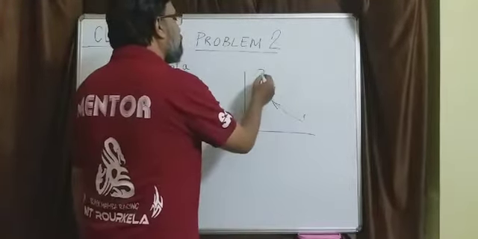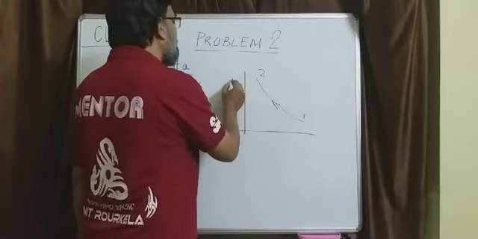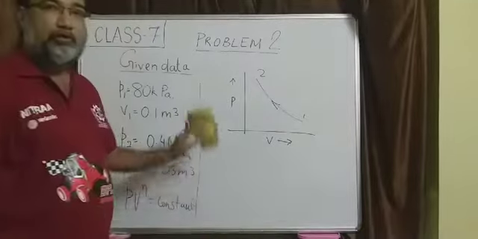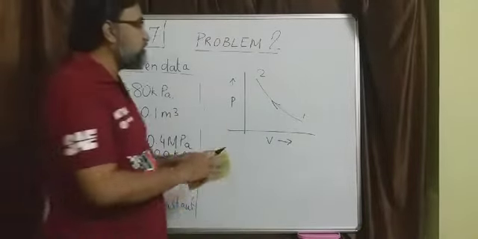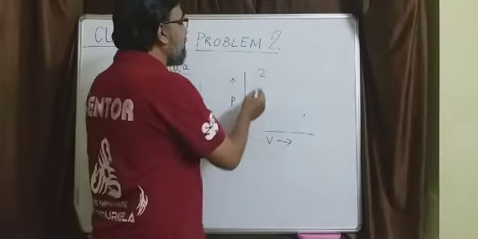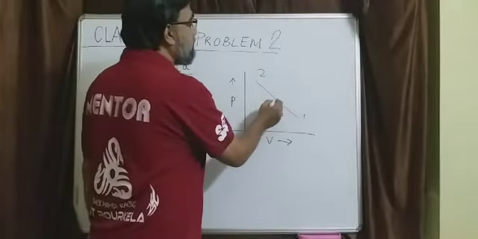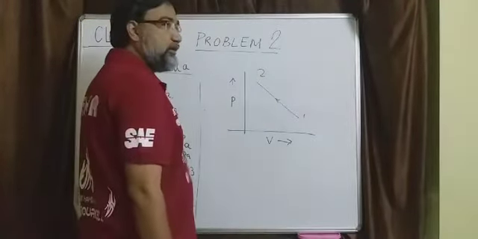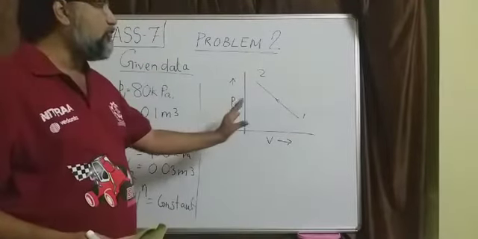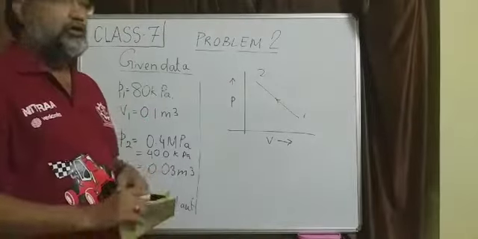Then 1 and 2, that is important. P and V, this is important. Now this completes your diagram of a process. If it is a process where P and V are related by a straight line, then it will be like this. Alright. So as per the information given to you, you have to think of how it will look and then draw the diagram. That is important.